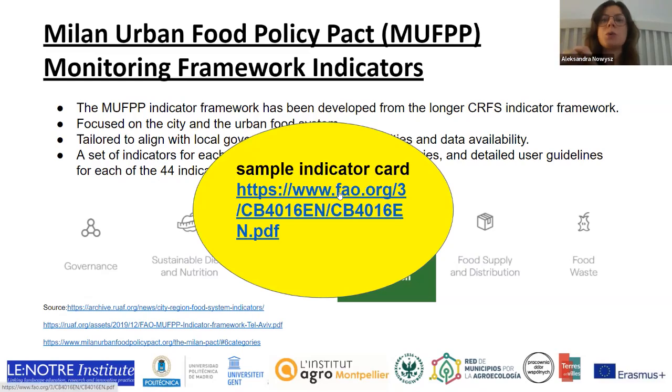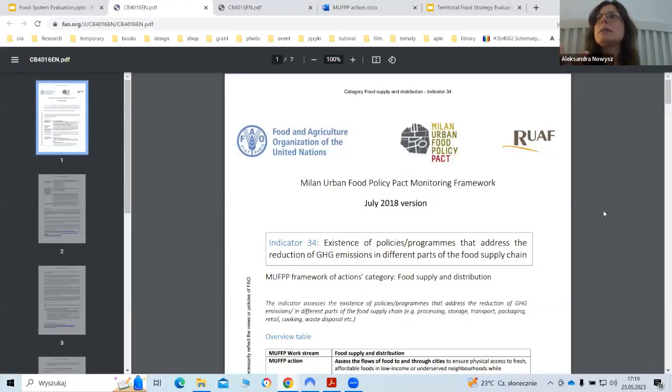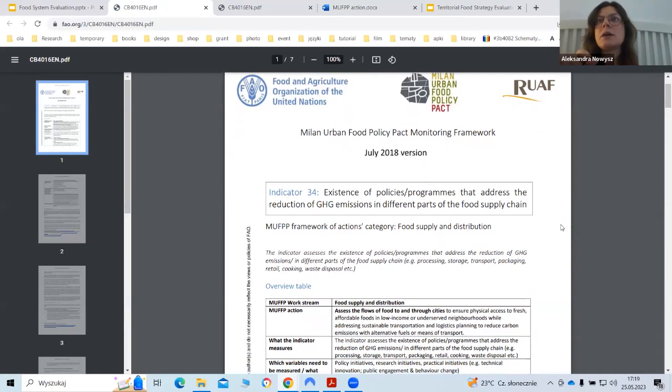Now I will show you one example of an indicator. There are only 44 in this framework, the Milan Pact framework. They are also much more developed, better elaborated than the 210 in the previous framework. And each indicator has a